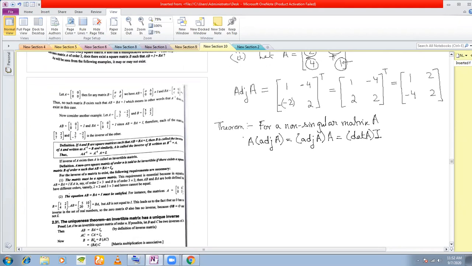I'm just stating this theorem for the time being, but later on I will show you how you are getting the inverse from this. First, I will define the inverse of a matrix. Then I will show you how to find the inverse of a matrix with the help of this theorem. Adjoint, you know how to calculate, the determinant of a matrix. So once I have stated this theorem, now I define the inverse of a matrix.